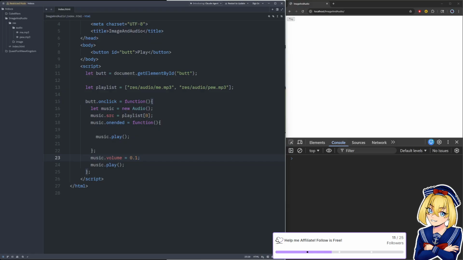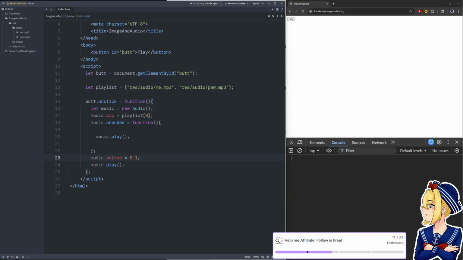Because if you have too much loud audio overlapping each other, then it's just like a sensory overload. So just play around with values, see what you think is comfortable, get your friends to play it, see what they think about it, if something's too loud or not, and then also make a settings page. Try and make it so you can adjust the volume dynamically so they can pick whatever volume level they desire for both the in-game music and the in-game sound effects.